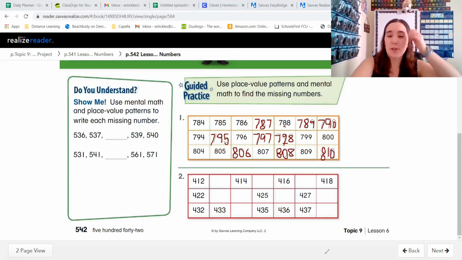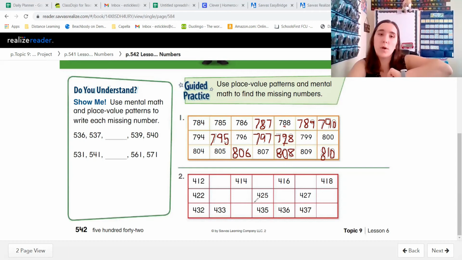Okay, let's look at number 2. Here's our table that we need to fill in using our place value patterns and mental math. If we start on the top row, we can count from left to right by ones to fill those in. We're going to start at 412. So 412 plus 1 would be